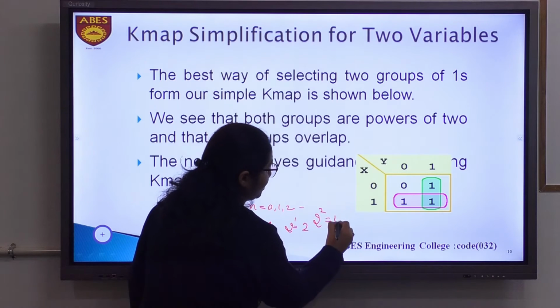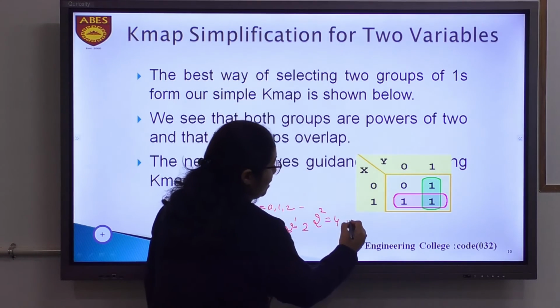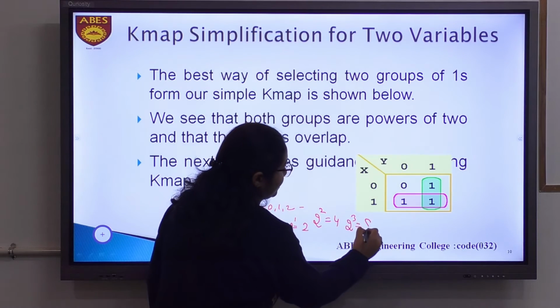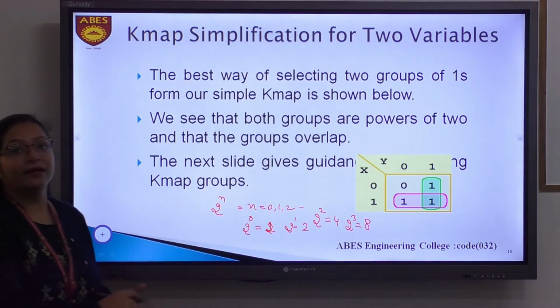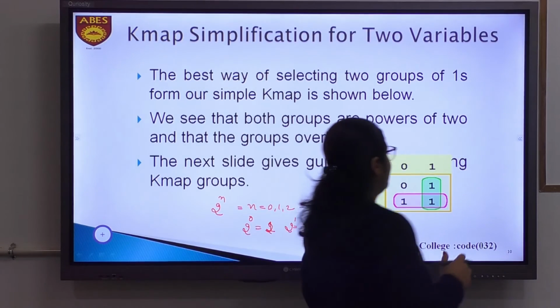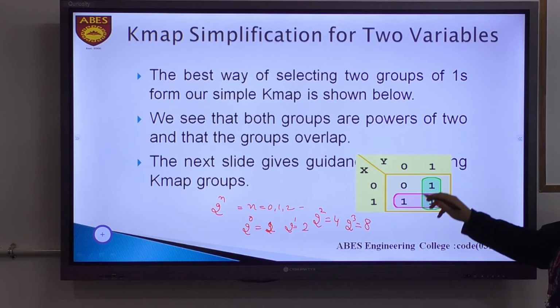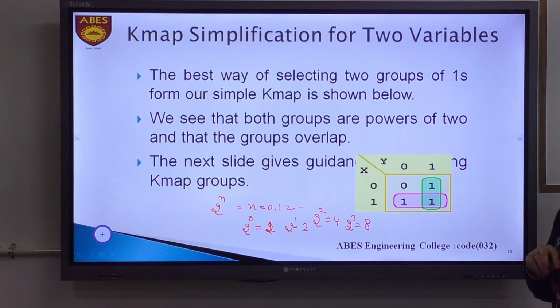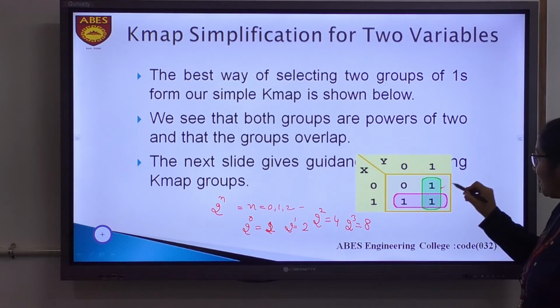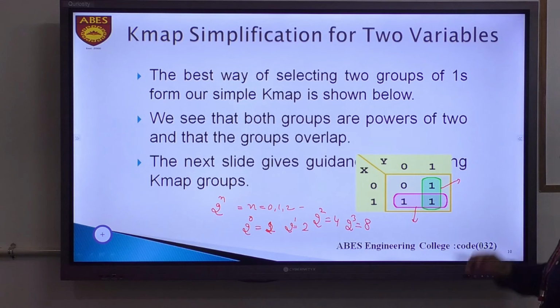2 raised to the power 2, that is a grouping of 4 adjacent ones. 2 raised to the power 3, that is 8, a grouping of 8 adjacent ones. Okay? Now in this example, we have a 2 variable K-map, so we have the grouping of 2 adjacent ones here. One of the groupings is shown by the green shade, and one of the groupings that we can create